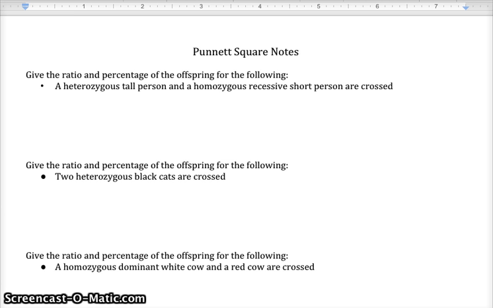So what we're going to do is do some problems here and show you how to do Punnett squares to figure out the probability of passing on genetic diseases. Now, I didn't pick genetic diseases for these traits, I just picked random traits here. Alright, so